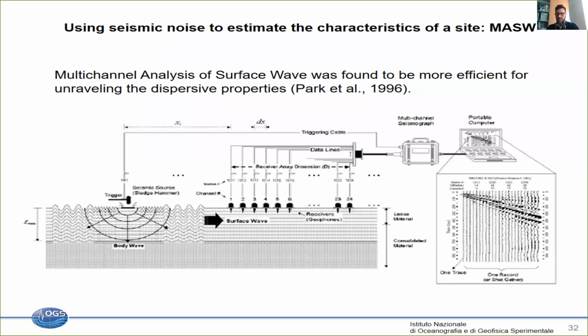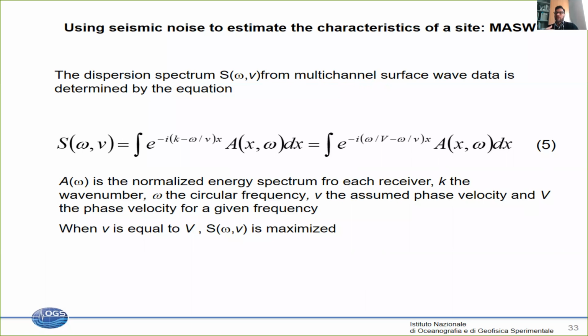obtain the maximum. But I would like to do this for each frequency of the signal, not for the whole seismogram, because different frequencies can propagate at different velocity. So how to do it? Again, we do it making use of a Fourier transform and measuring in some way the phase difference between the recordings, so between each frequency in each one of the recordings